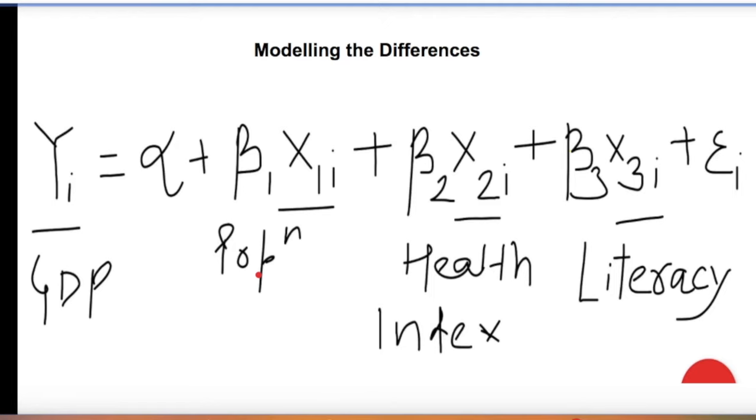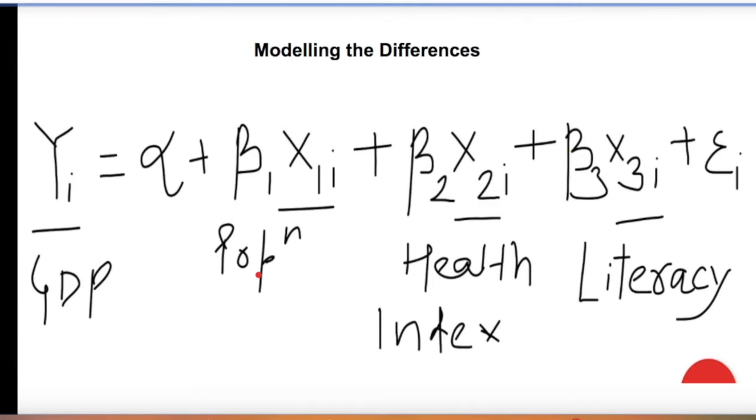Then you also realize that literacy is a problem. One economy is highly educated and there's enough infrastructure such that people have good access to schools and higher education, while the other economy has poor access to education and people are not educated; the literacy level is lesser. So hypothetically, imagine that you've identified these three factors, but how do you actually model these differences? How do you capture the exact impact of these differences on the level of differences that these economies have faced?